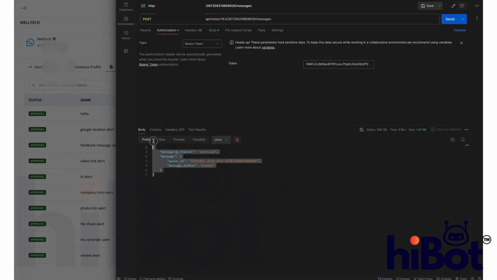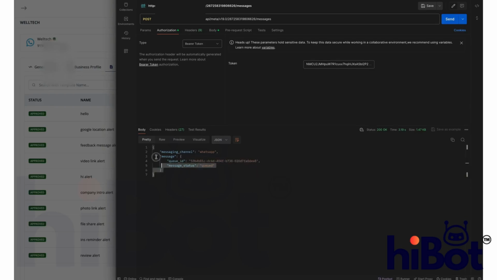Once the message request is successful, you'll receive a QID, and then you can set your own webhook URL of your server, and the API response from Meta will come in it. That API response might have a success response with a WhatsApp message ID, or might also have a failure response with some error code within it. But you'll get the QID here.